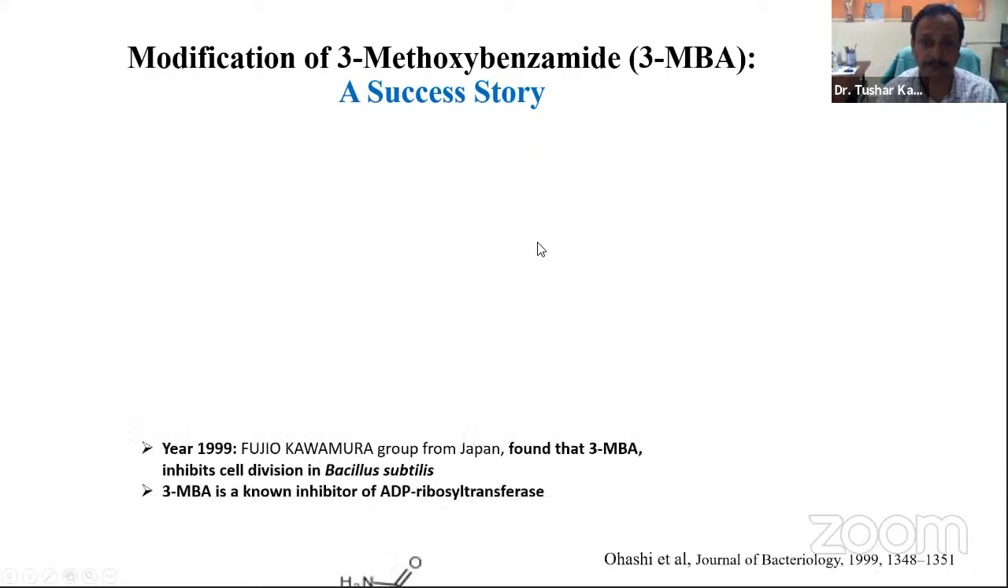of works from different groups, like how it started from a very low efficacy molecule, how that molecule was converted into a very highly effective molecule, and the target was FtsZ. The molecule is 3-MBA, that is 3-methoxybenzamide. So in 1999, that is 20 years back,